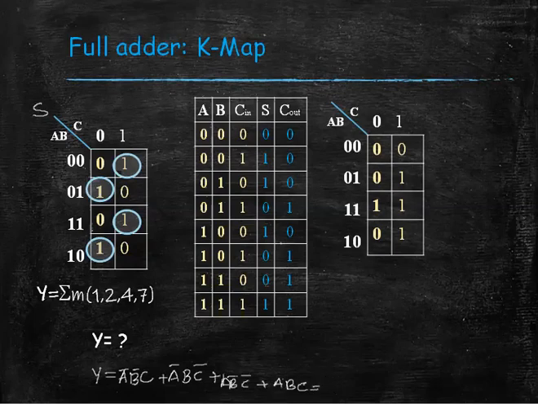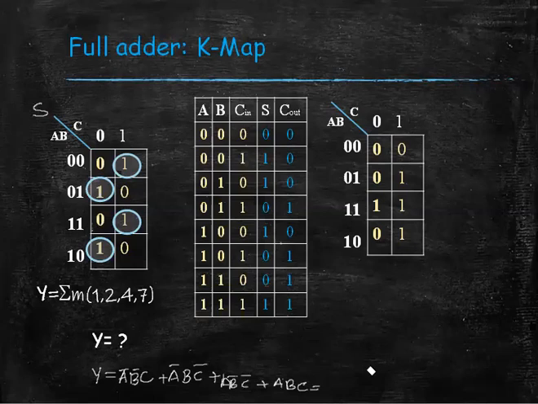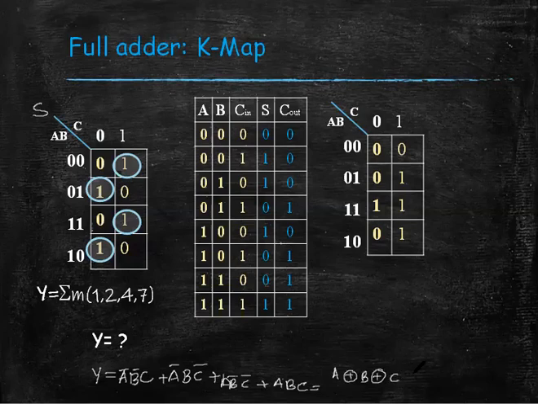This corresponds to A XOR B XOR, and it must be equal to A XOR C. It can be simply represented as A XOR B XOR C. Okay, and in the right side